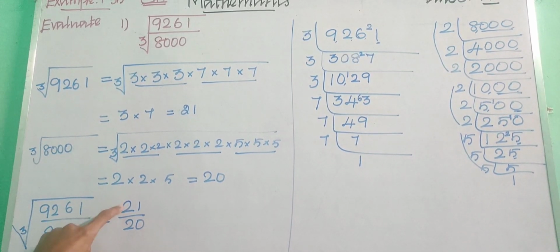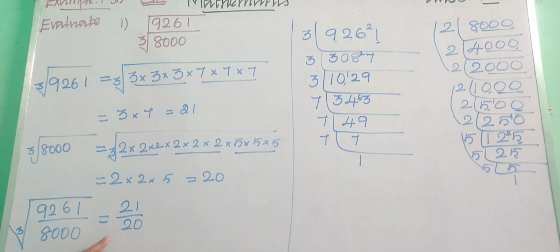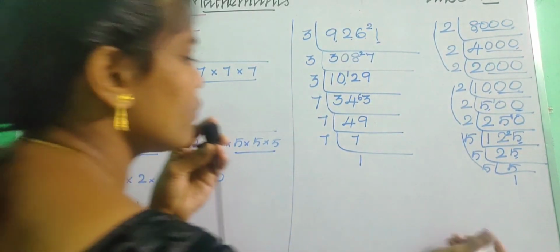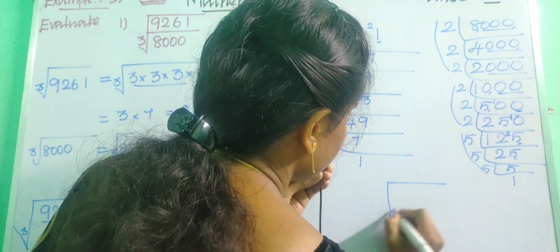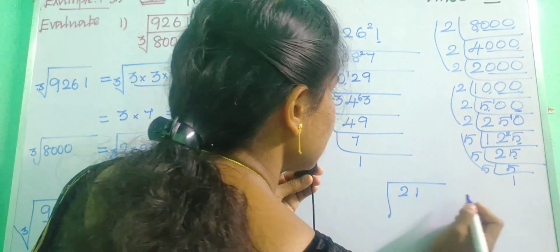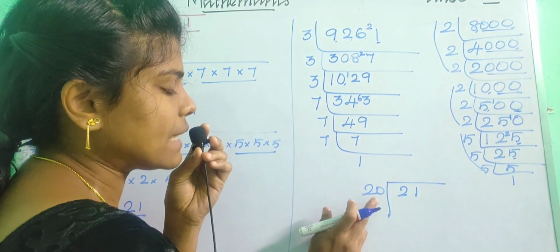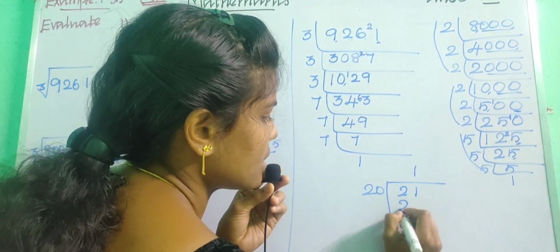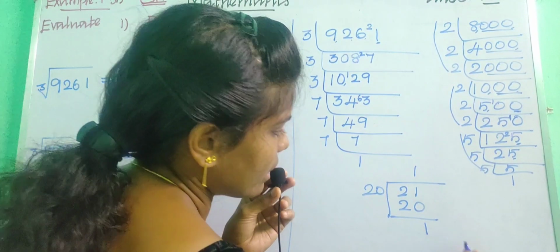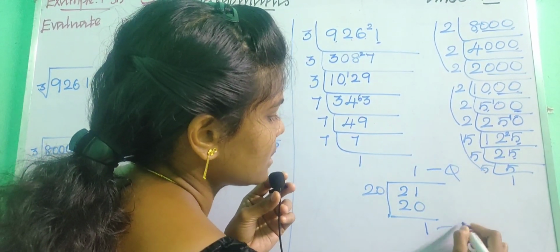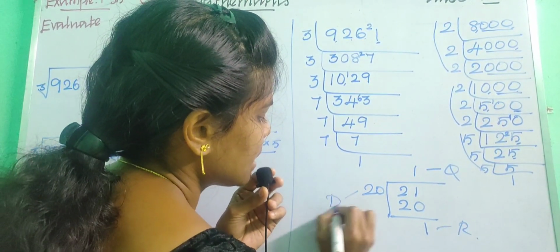See, the number which is in the numerator is greater than the denominator, right? So that we can change this in the mixed fraction, okay. It is divide and find the mixed fraction, okay. So divide, 21 is the dividend and 20 is the divisor, okay. Now 20, we need to say 20 table, so 1 20 is 20, remaining 1, okay.